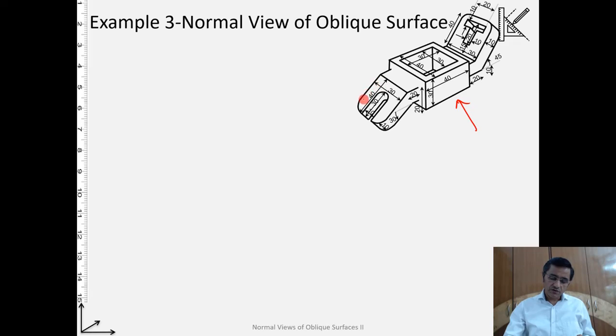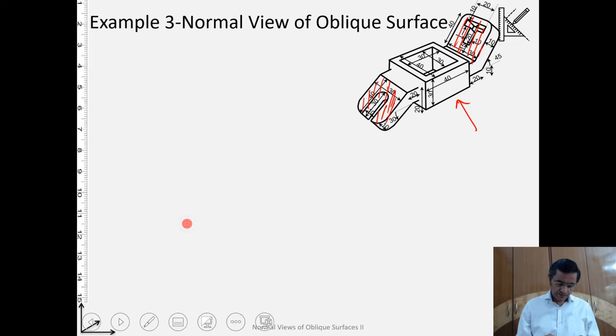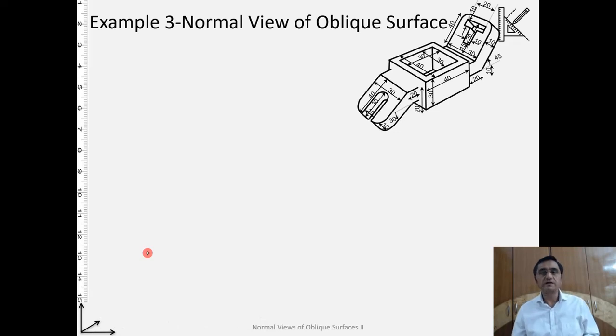However, for the surface here it is not the case, so we will have to make use of the auxiliary view. And because we know the true shapes, we can create the normal view on an auxiliary plane. Again from there we can transfer the details to the frontal, from frontal we can take it to the horizontal and so on, and we can complete the views. So let us do it. Again it is quite involved, a large number of lines. I will pass you the PPT of this, the PPT animation, so you can see it in a better manner, but try to follow it here now.